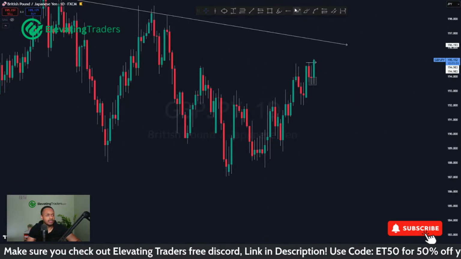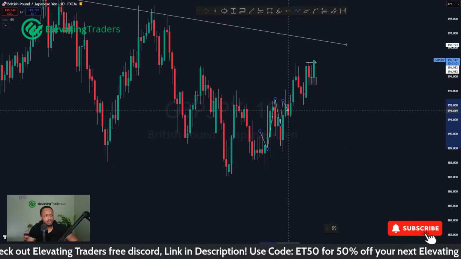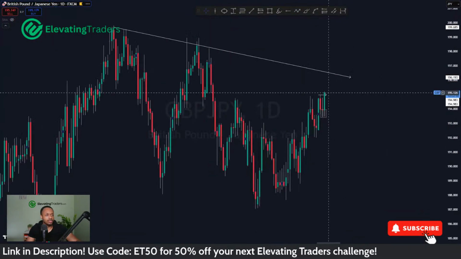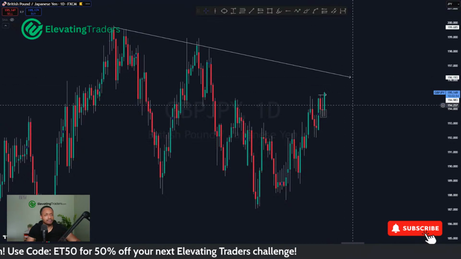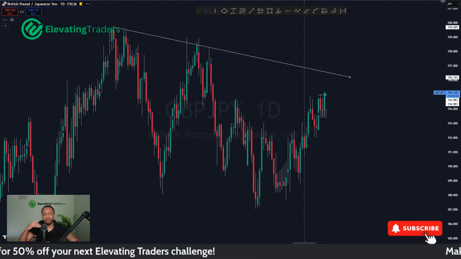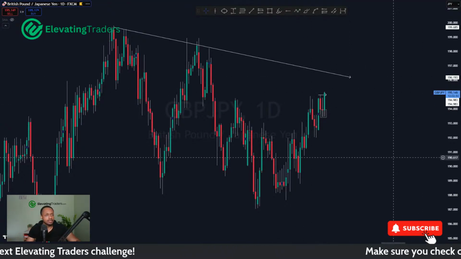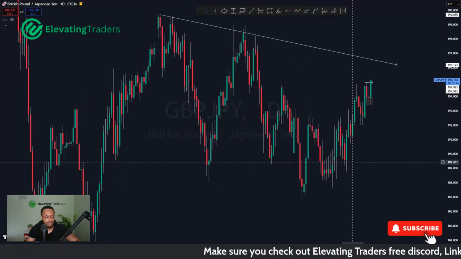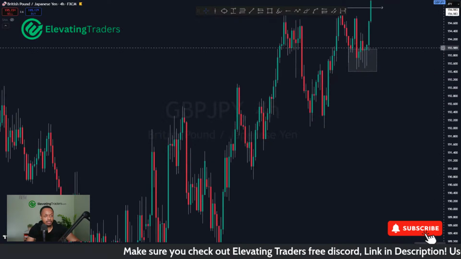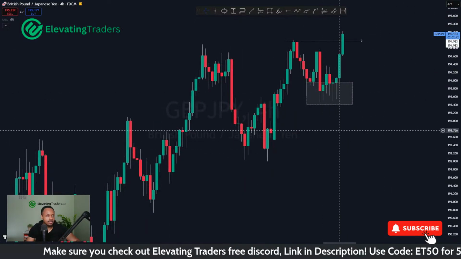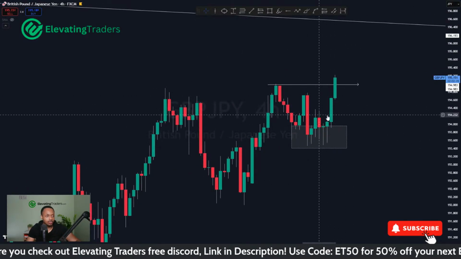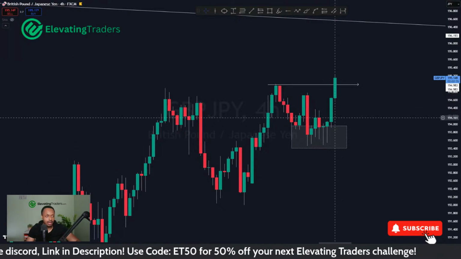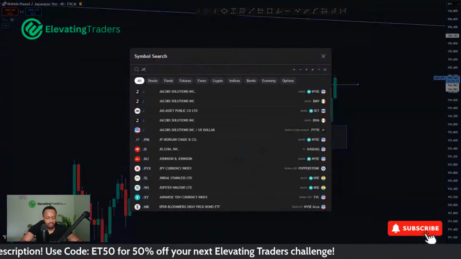Altogether, the move has been very corrective for pound yen. It's not like we just zoom to the upside. So because of that as well, I do think we're likely to start to struggle around probably 195.5, 196, maybe even 197 before we do see a pretty big sell. But yeah, it's looking pretty bullish on the lower time frames. We really did find support there, and that last 4-hour candle did close with a lot of momentum. So I do think we're likely just to rip past that high there, especially with the yen basket looking pretty weak as well.